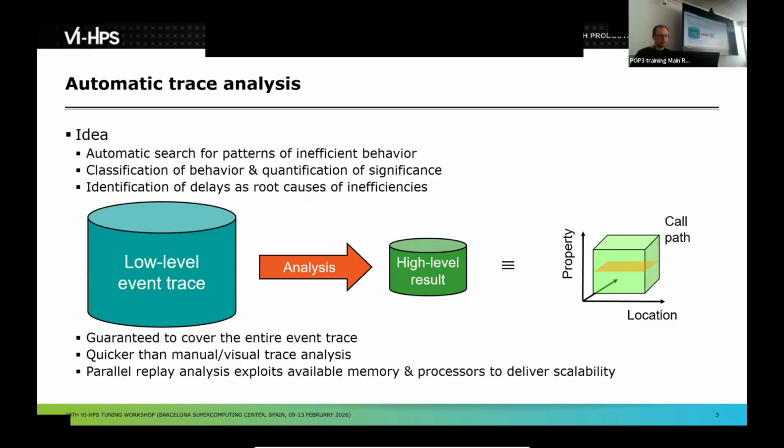The basic ideas we are looking for are the automatic search for patterns of inefficient behavior, to classify that behavior and quantify its significance. It should also not just show the problems itself, but also identify the root causes and the delays introduced through waiting times. The basic concept works on looking at the whole trace, the big data, and reduce it to a high-level result that you can analyze